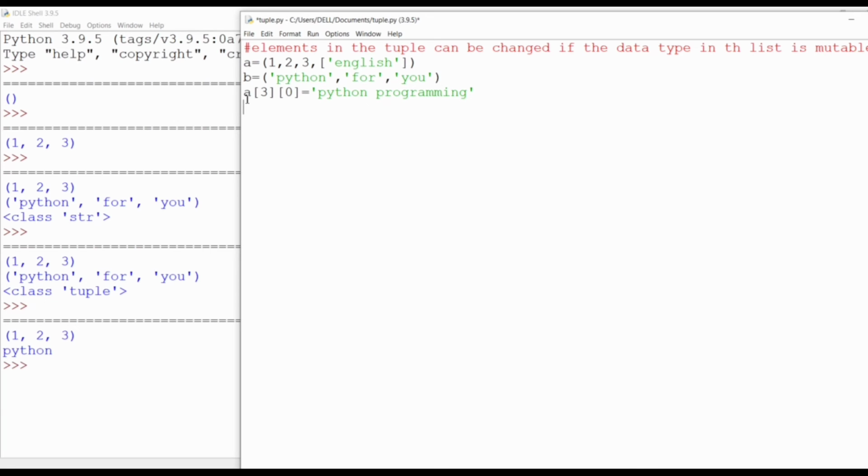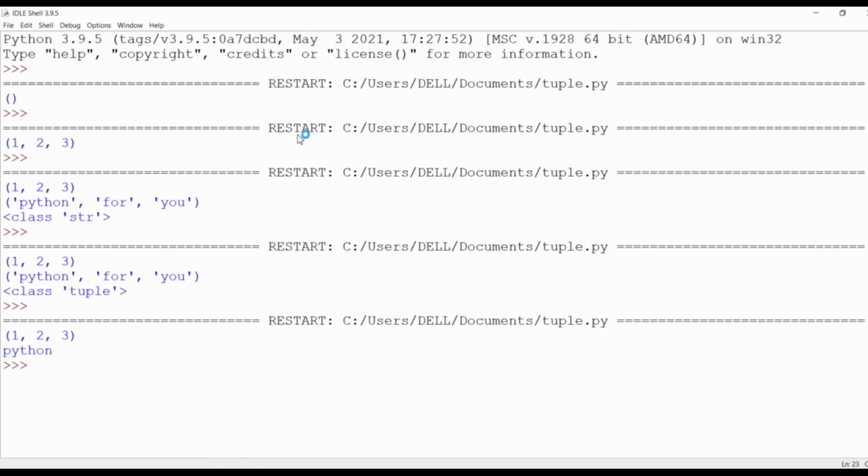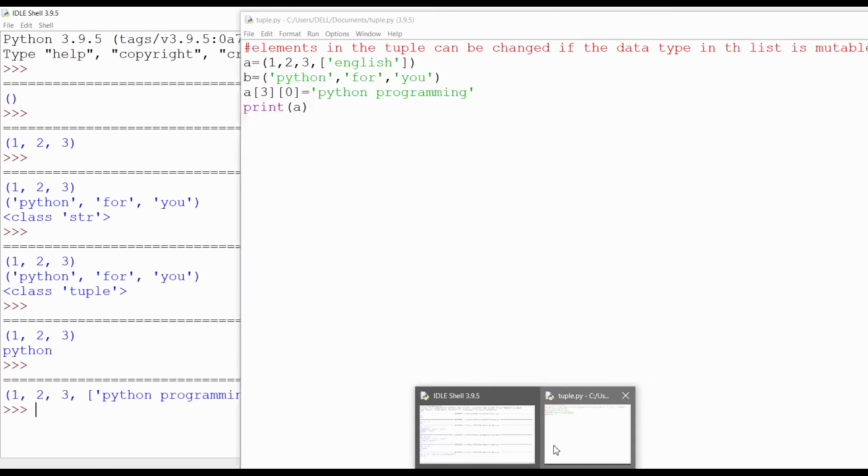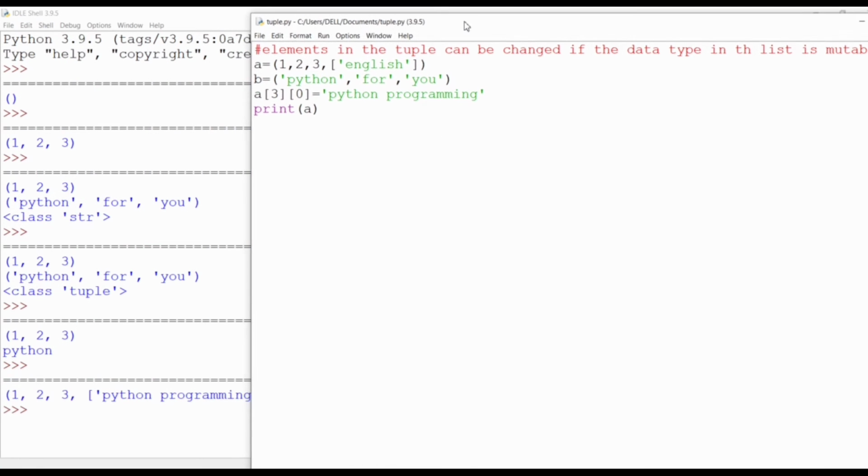I have written the code and I am printing it. See here in this list English will not come as output, Python programming will come as output. See, as I have said before, it has executed accordingly.